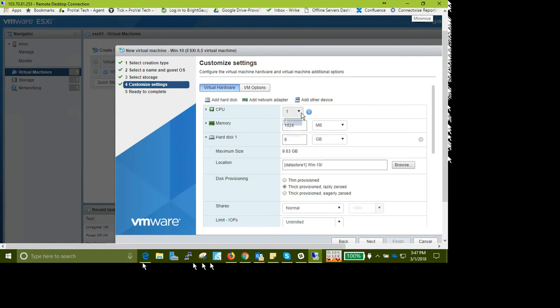Number of CPUs, I only have 2 CPUs to assign, so I am just assigning 1 CPU. Then the location will be here, the data store 1. Then thin provisioning or thick provisioning. I've selected thick provisioning, and that's why it's not allowing me to mention 40 gig. If I say thin provisioning and I say